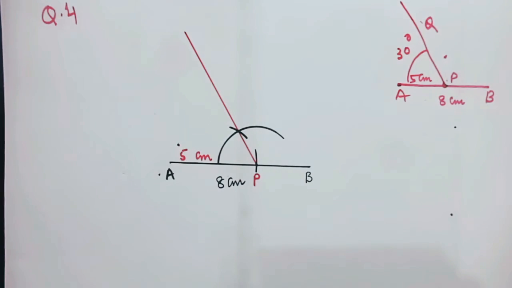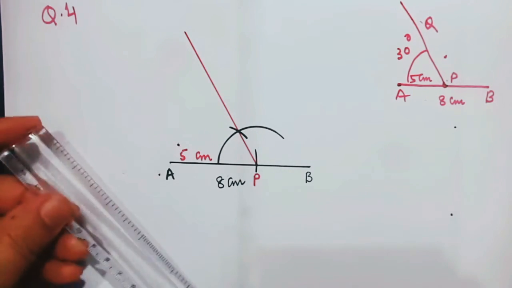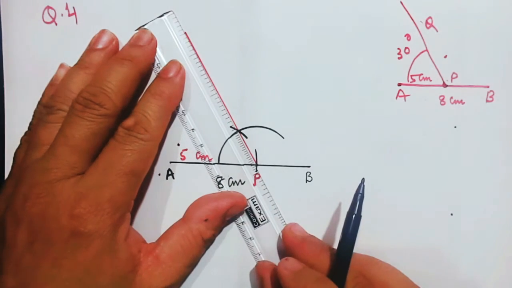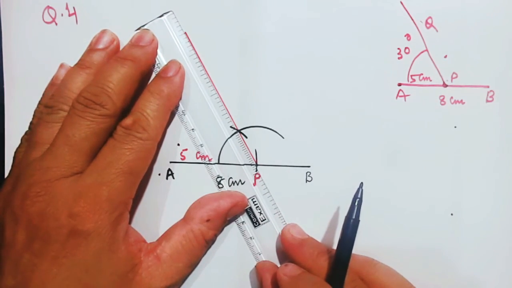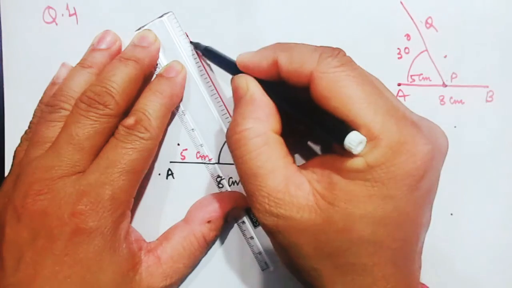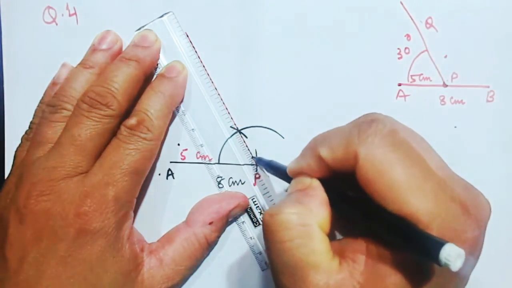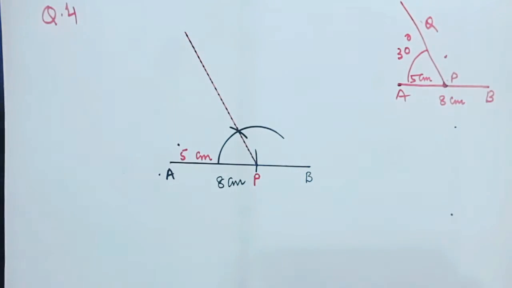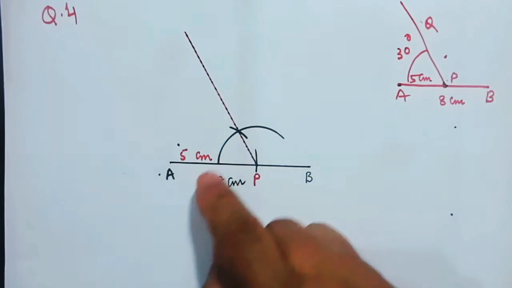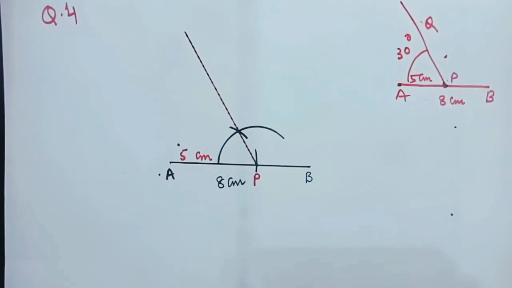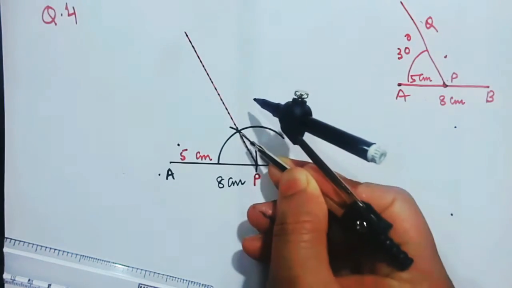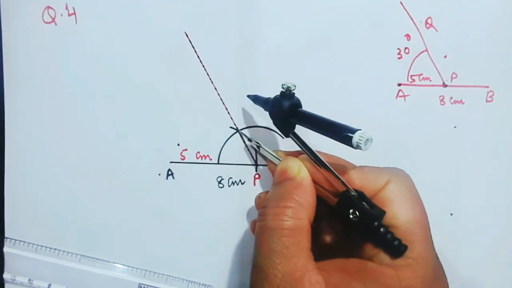I have made a small mistake over here, and the mistake is, since I do not need 60 degree, therefore this particular line should be dotted one. It should be dotted to show that I do not need this particular line. So now, since I have used black pen to show that it is a dotted line, I have to bisect this. Bisect means to divide into two equal parts. So I shall be bisecting this portion from here till here. So let me bisect it.